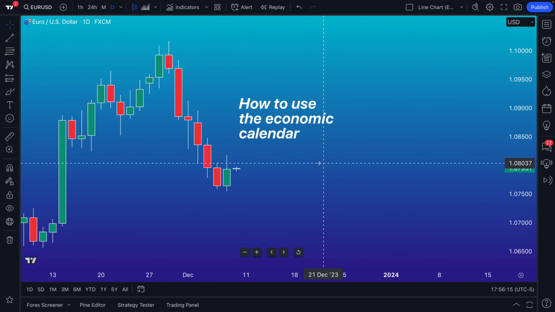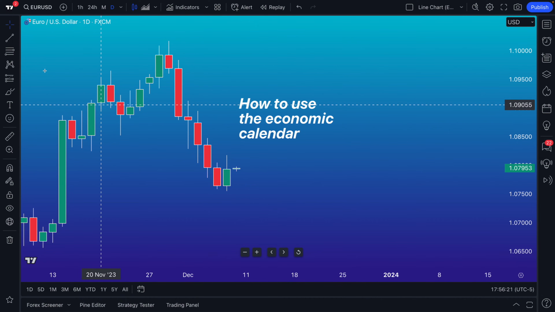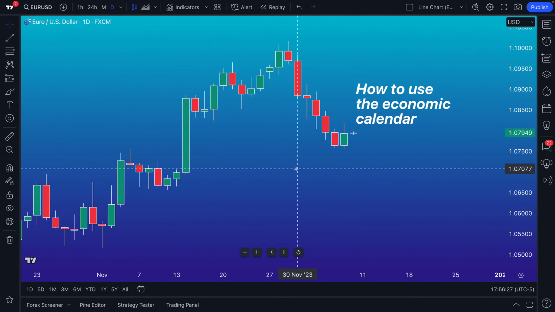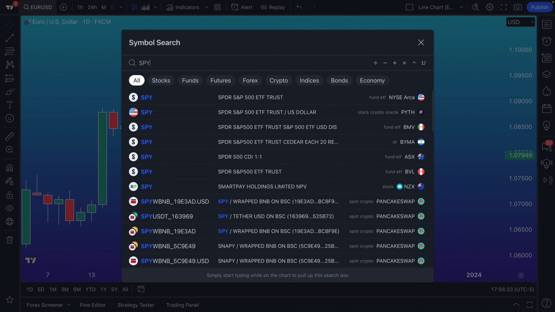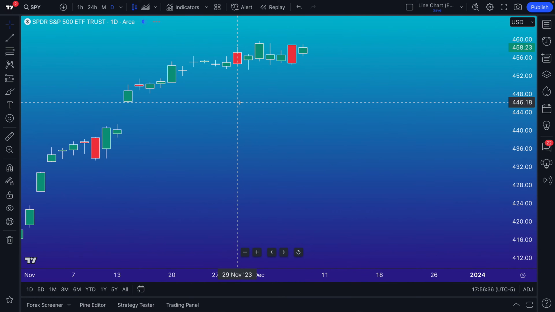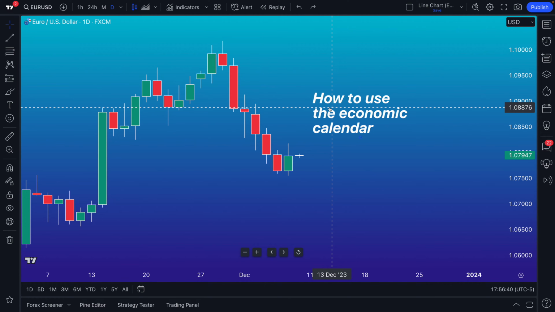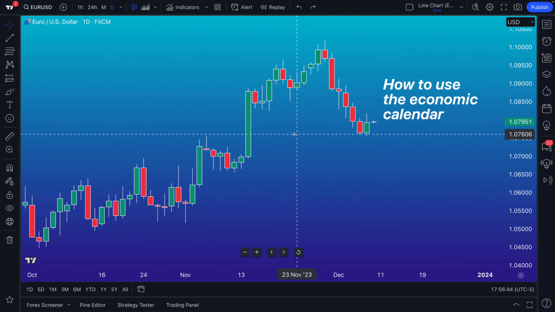There are few calendars in markets more important than the economic calendar, and in this video you will learn why, because we are currently looking at a chart of the EUR/USD, Euro/US dollar. Now, as we know, in Forex markets, for example, but this might also be a macro chart as well, or a bigger picture asset like the SPY ETF. But nonetheless, when you look at symbols of this size, it is economic events that ultimately determine the fundamental aspect